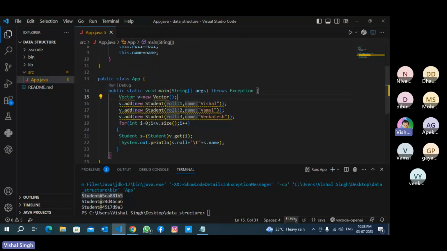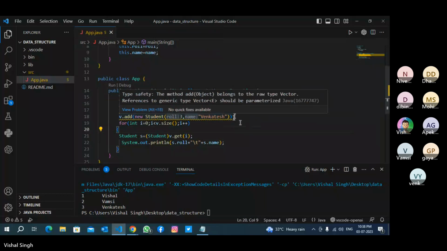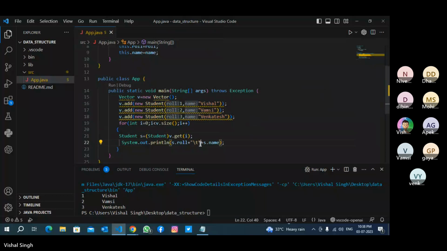Let's run this. See, we have added three objects, right? We have added three objects here inside this vector. We have added these three objects into the vector.